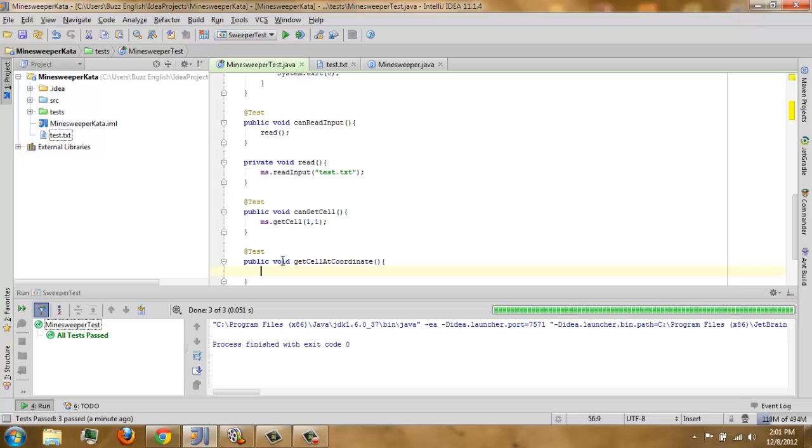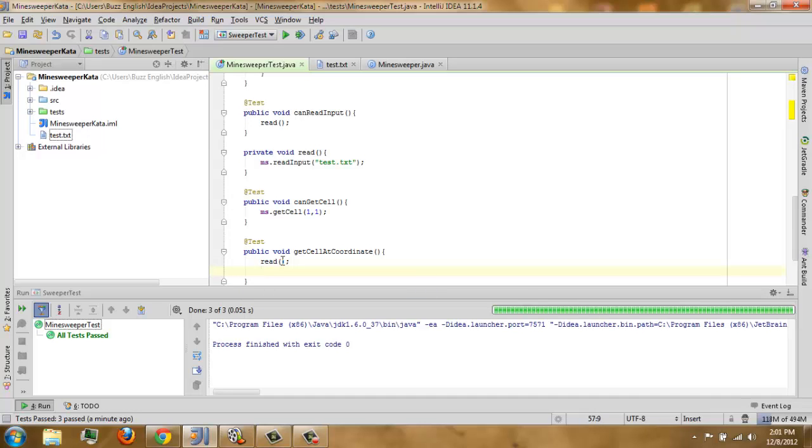Since we are asking whether our get cell will really return, we're going to read our input. So read, remember that, and let's assert equals. We are expecting our 1 1 to be a dot. So ms.getCell(1, 1), and we will compare if they have the same result.